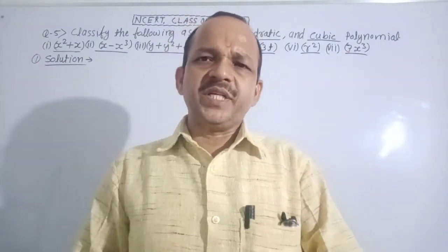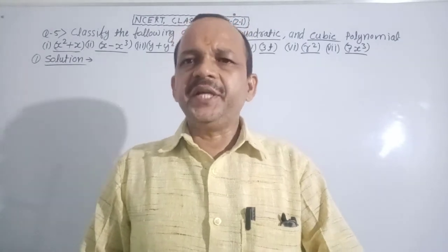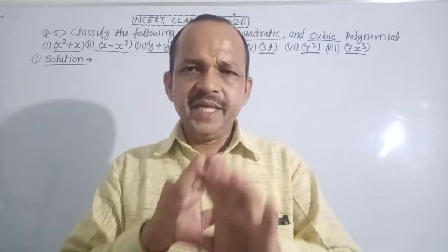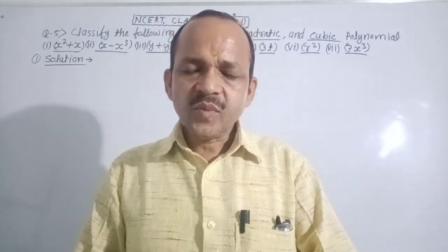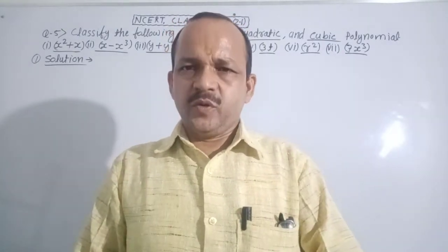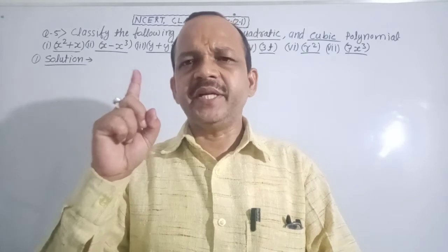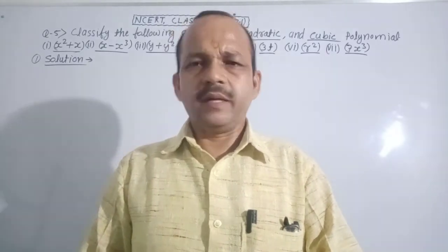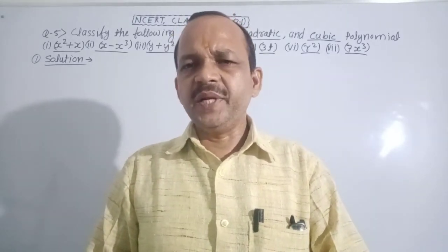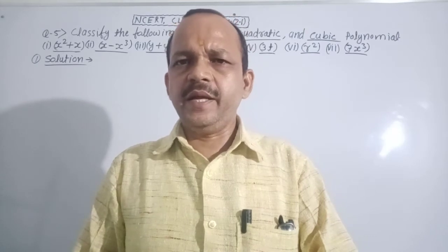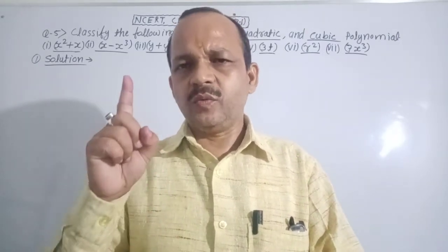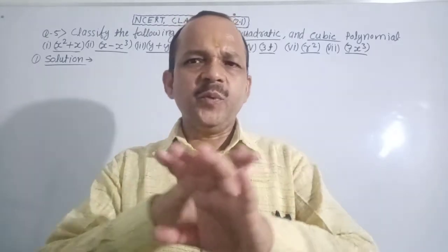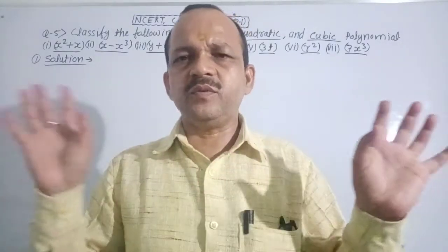Now I want to describe degree based polynomial. Clear? Degree based polynomials are of many types. First, linear polynomial. A polynomial having degree 1 is called a linear polynomial. The form of a linear polynomial is ax plus b equal to 0. It has 1 zero, meaning one answer. Is linear polynomial clear? No confusion about it?